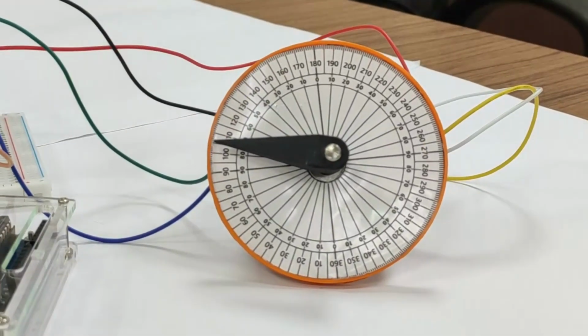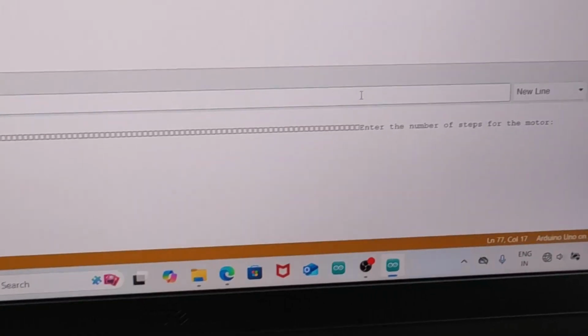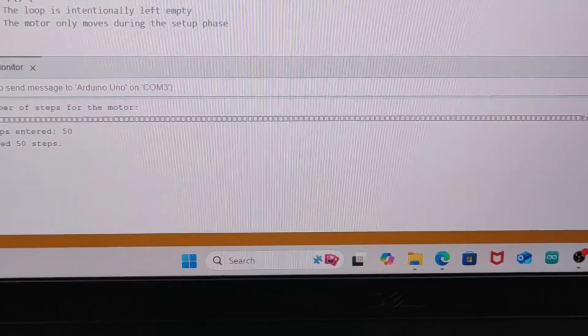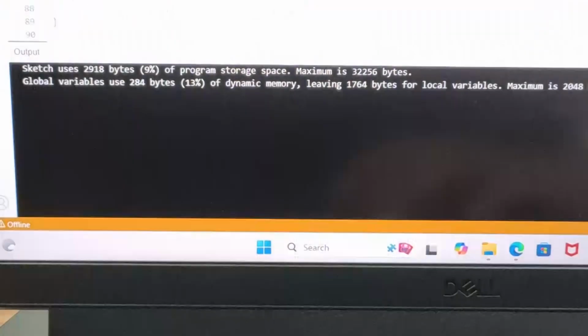Now enter maybe another 50. So we are entering 50 steps, and it moves by 50 steps.